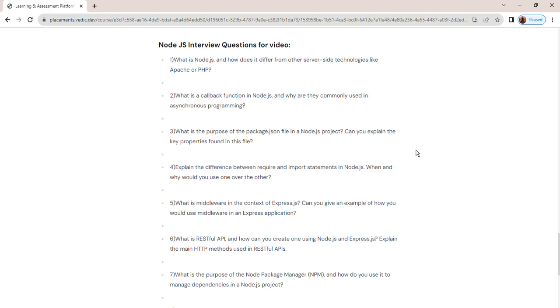Node.js uses an event-driven, non-blocking input/output model. This means it can handle a large number of simultaneous connections efficiently without blocking the execution of code. In contrast, technologies like Apache often use a multiple threading or multiple process model, which can be less efficient for handling a large number of connections. Node.js runs JavaScript in a single thread, but it can still handle concurrency through event loops